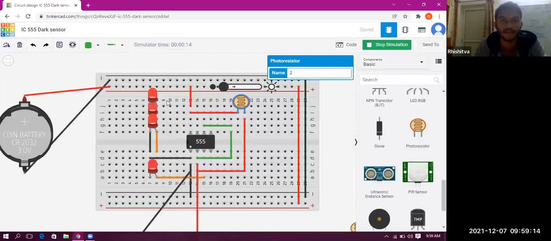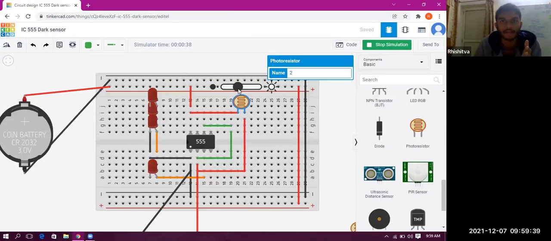You can see these LEDs are glowing when there is no light, and when I increase light, they turn off. Let's take the example of a street light. We want an automatic street light. In the evening and night, light is minimum, so these LEDs that resemble the street lights will glow up.